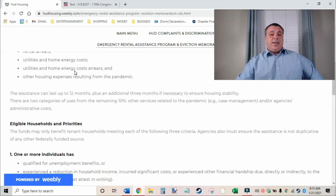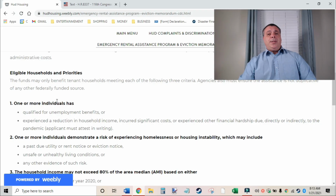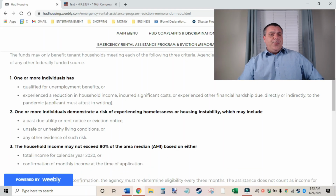Now, with that being said, so yes, we can talk about covering rent and utilities from the past and also going into the future if you have problems. There are specific criteria they are looking for. So we're going to go down to there. Eligibility, household, and priorities. And again, you can see all this on the website, my website. If you qualify for unemployment benefits, or you've experienced a reduction in household income, or incurred significant costs or other financial hardships that are due directly or indirectly to the pandemic,